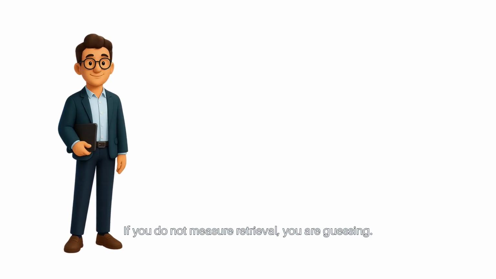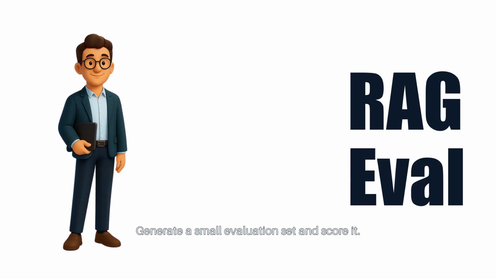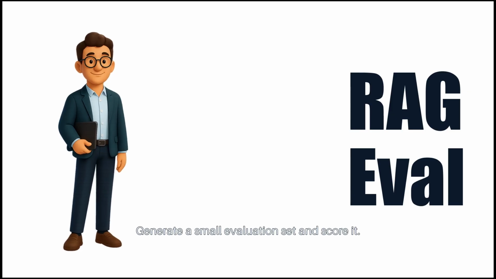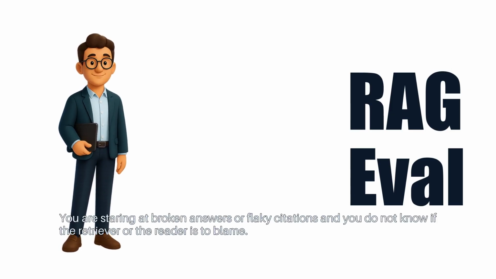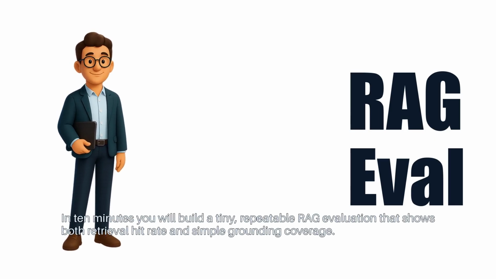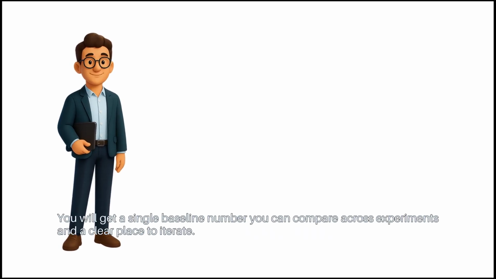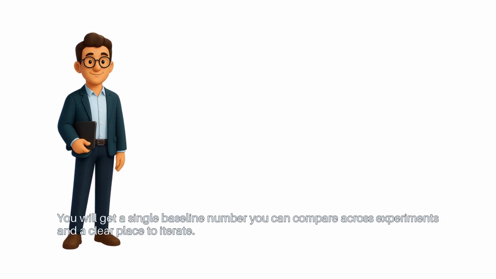If you do not measure retrieval, you are guessing. Generate a small evaluation set and score it. You are staring at broken answers or flaky citations, and you do not know if the retriever or the reader is to blame. In 10 minutes, you will build a tiny, repeatable RAG evaluation that shows both retrieval hit rate and simple grounding coverage. You will get a single baseline number you can compare across experiments and a clear place